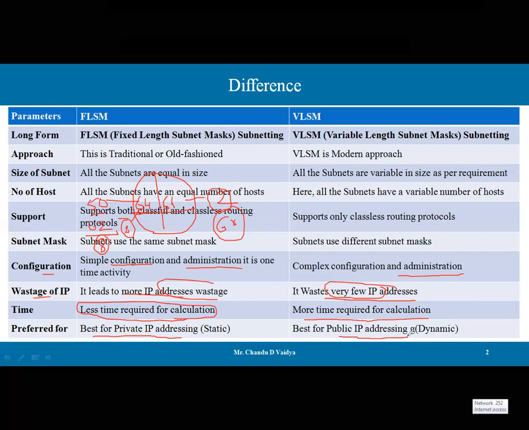Why is it so? Because a public IP address assigned by the ISP changes dynamically and frequently for each host, so that is more secure. One cannot hold it for a longer time, months and years, only for a short time does the host get the IP address. So the dynamic or public IP address concept depends fully on VLSM; VLSM is preferred for dynamic IP addressing, but in terms of FLSM we can have private IP addresses.